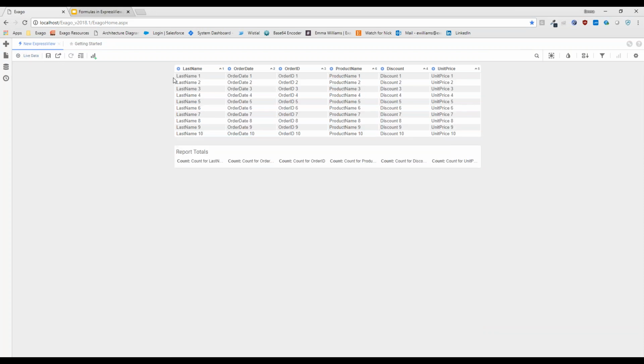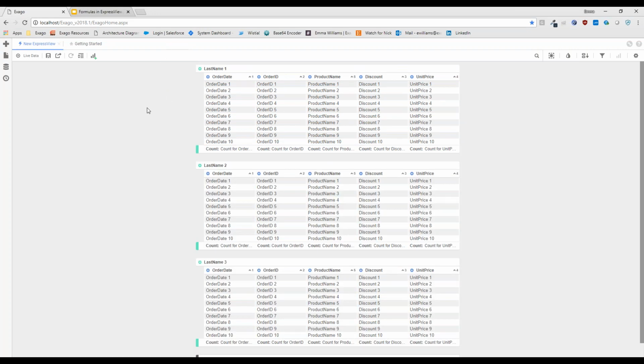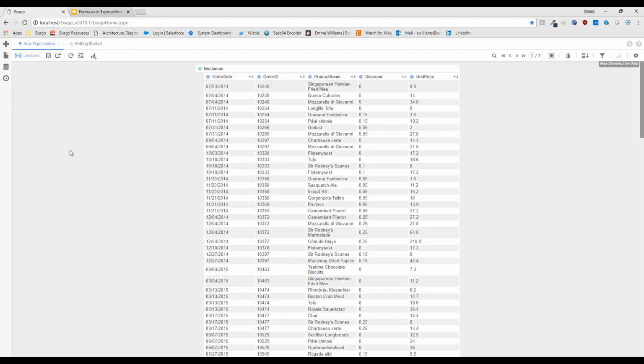The first thing I'm going to do is group by last name, right? In my report design process, one of the first things I usually do once I have the relevant data on my report is give it some structure. So maybe that starts by grouping by last name. I just ran my report. We saw the last names repeated over and over again. Now, if I run my report, it's a little bit more helpful.